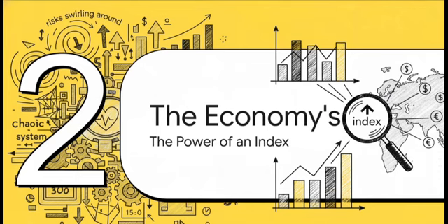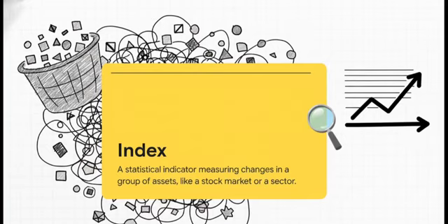So with all these different risks swirling around, how does anybody make sense of this whole thing? How do you take the pulse of such a complex and, honestly, kind of chaotic system? Well, this is where the simple but incredible power of an index comes into play. So what even is an index? You can think of it as a clever little tool. It takes a huge, messy basket of stocks, like, say, the 500 biggest companies in the US, and it uses a smart formula to boil all their ups and downs into one single, easy-to-follow number. Its entire job is to turn all that financial noise into a clear signal.